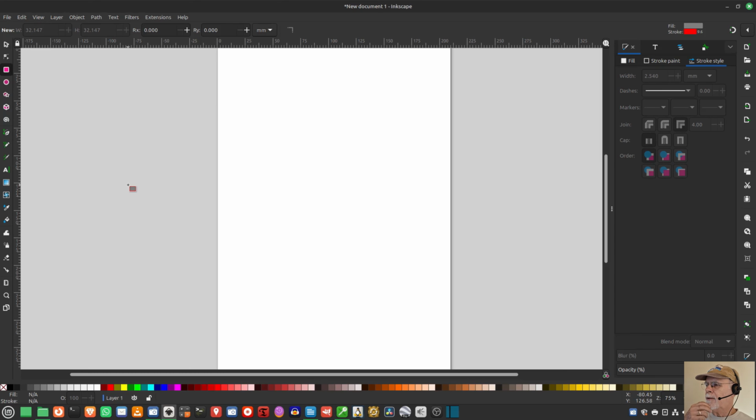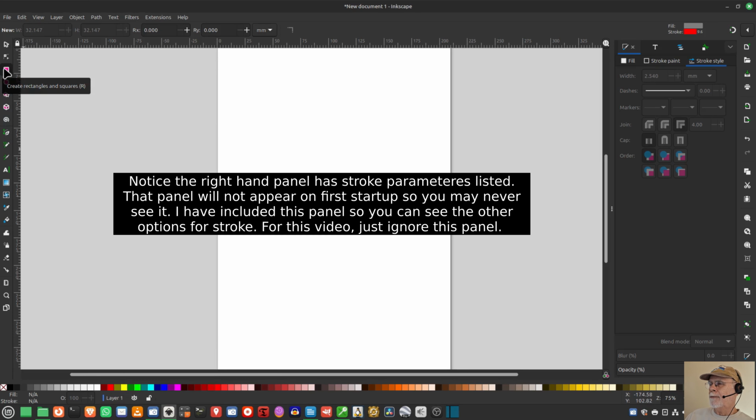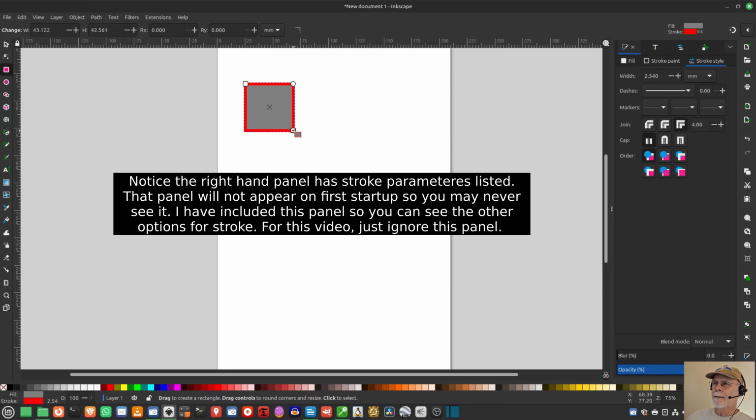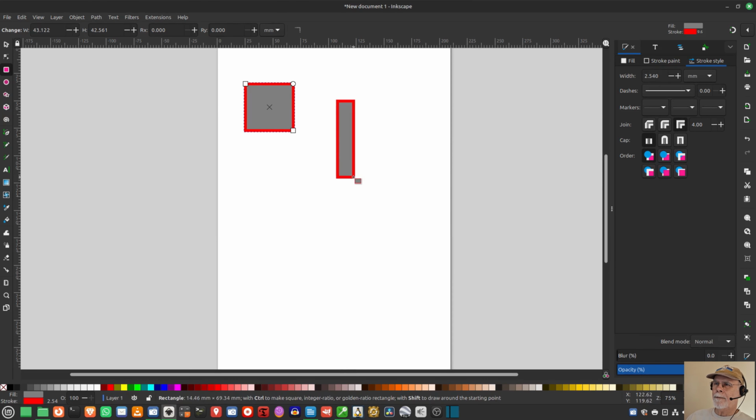Okay, in today's video, we're going to discuss why people get so frustrated trying to transition from Windows apps to Linux apps. My example here will be Inkscape. We all know from previous experience that we want to create a rectangle. We click on the rectangle tool and we hold the shift key if we want it to come out square, right? And we don't hold the shift key if we want it to be a rectangle. We already know that. What we don't know is how do we change the